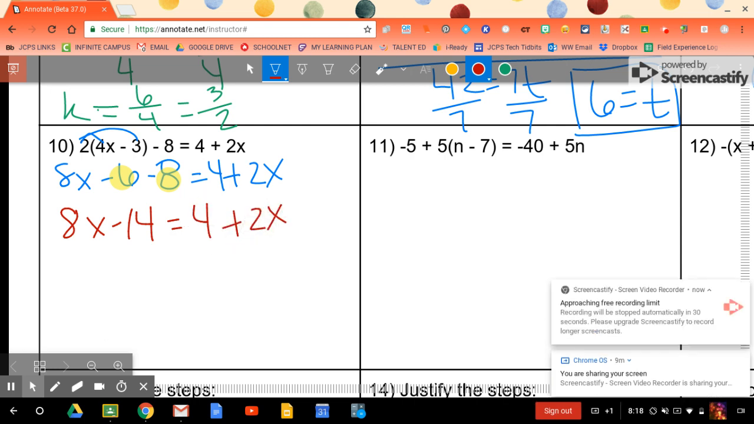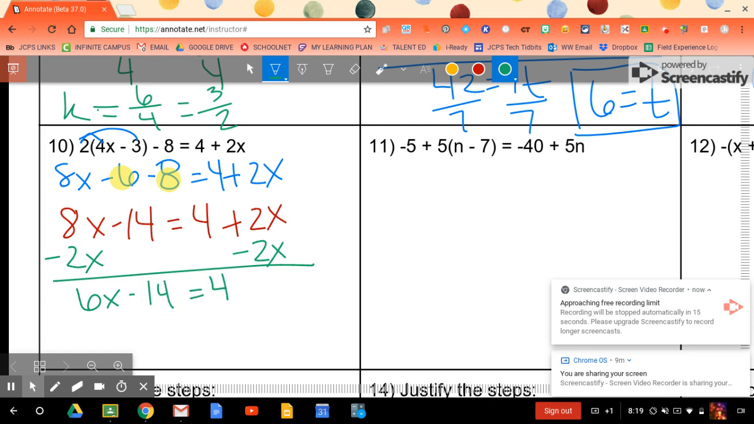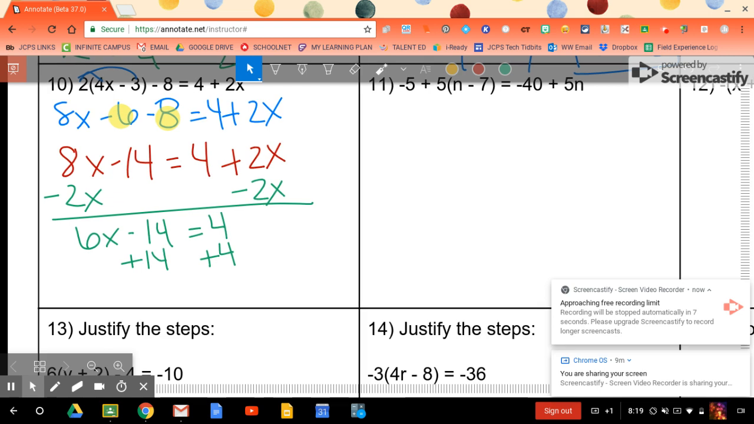Since I have variables on both sides, I want to move those. So what I'm going to do is move my variable over to the other side first. I like my variables on the left side. So you're going to get 6x minus 14 equals 4. Then you're going to add 14 since it's the opposite of negative. And you are going to get 6x equals 18. Our last step is to divide